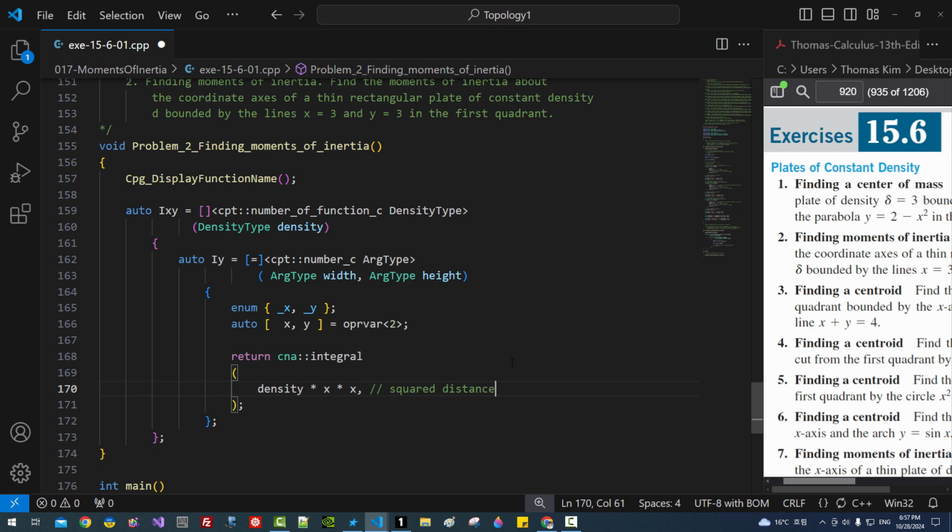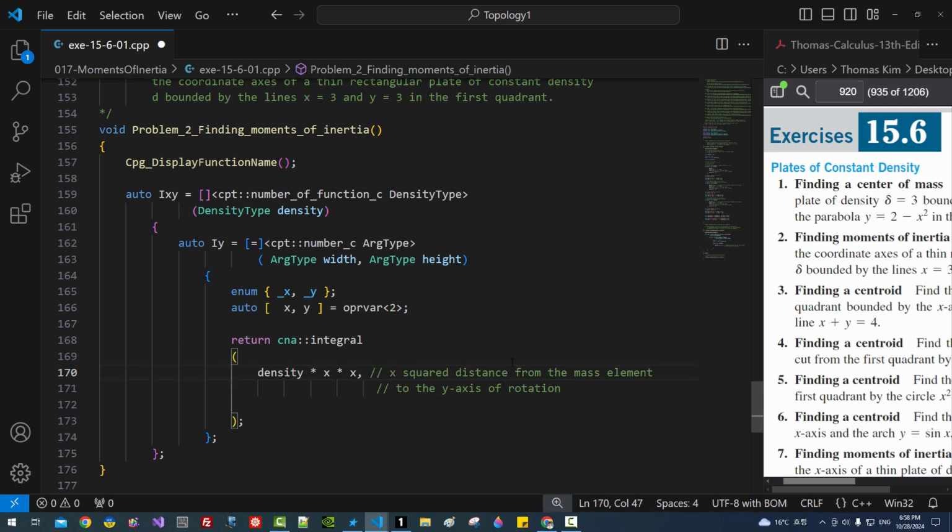Squared distance from the mass element to the axis of rotation. In this case, y axis of rotation. X squared, distance from the mass element to the y axis of rotation. Say squared distance x from the mass element to the axis of rotation. Then